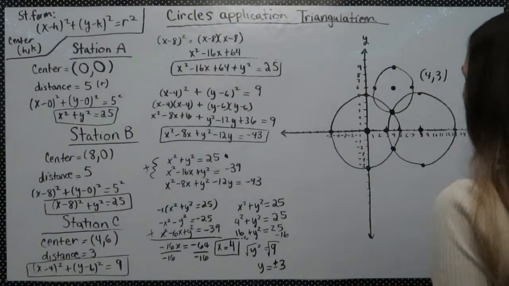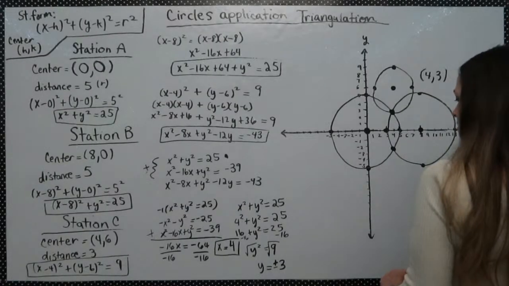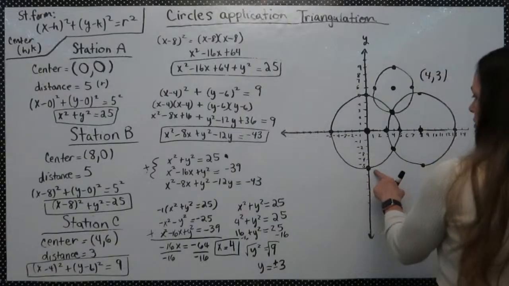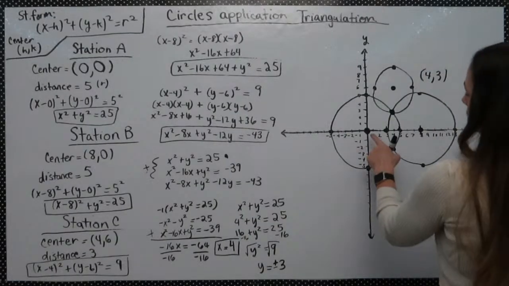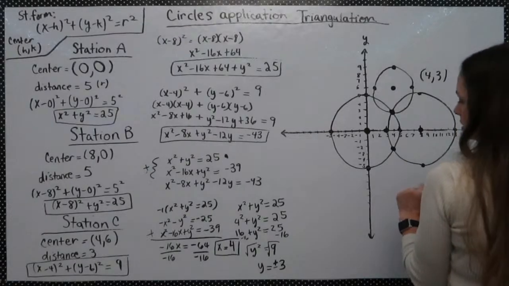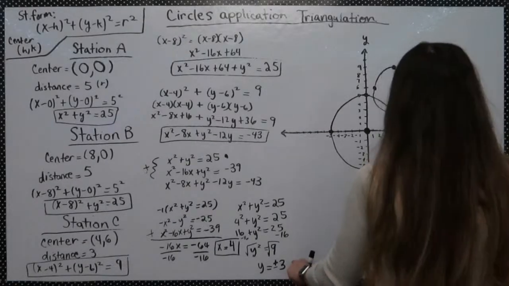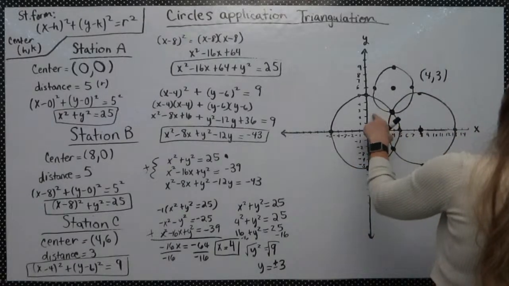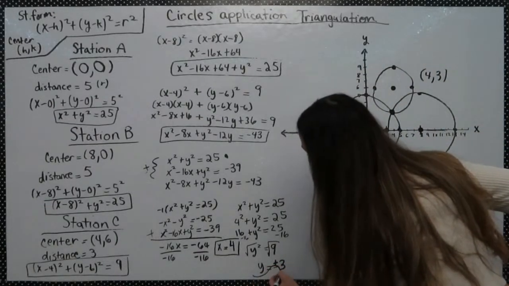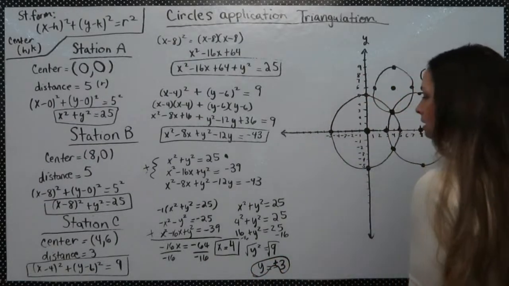Because it was the circle that was on the original one on the origin. So what we're doing is we found the solution algebraically. We verified graphically that it is at 4 positive 3. So we're just going to take the positive root here, and then